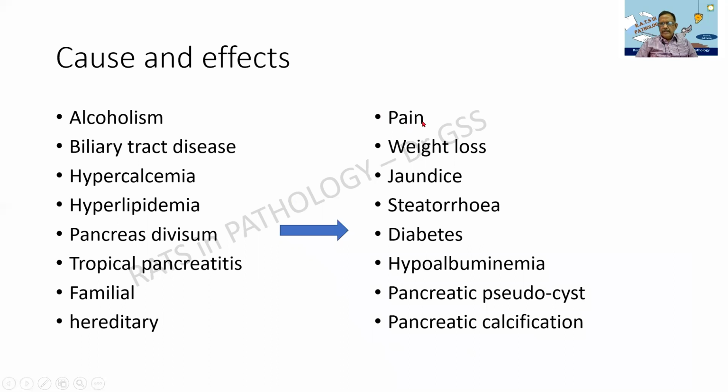And these will be the clinical manifestations. The patient can be in a state of shock, severe pain, jaundice will be there, intolerance for fatty food, diabetes because of the destruction of the islet cells. Also, there can be a pseudocyst formation. This pancreatic pseudocyst is a question for you in surgery. Calcification can be there. So there will be patchy areas of calcification around which there will be inflammatory infiltrate.